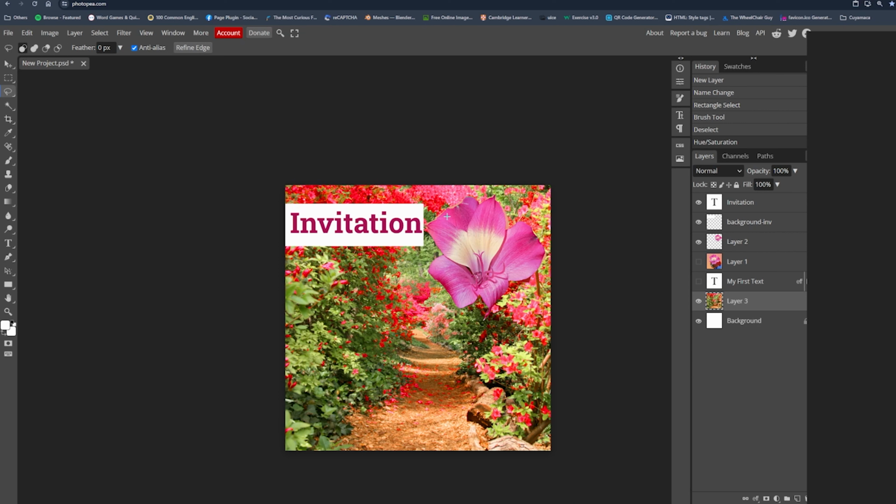Now we have a nice background there, and right here we are going to add a vertical line, and to do that I'm going to choose this tool. So I'm going to right click on the lasso tool and go to polygonal lasso tool. So right here you click, and if you drag down, you'll notice that it will draw a straight line. So I'm going to click here maybe and go right, go up,